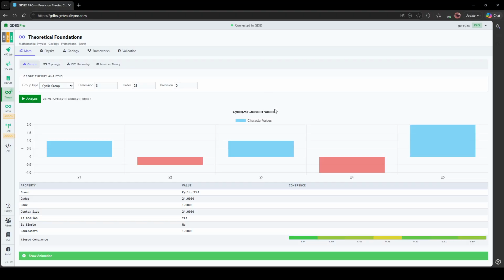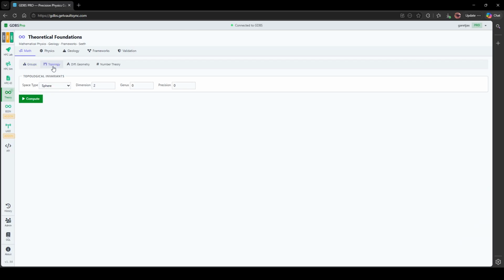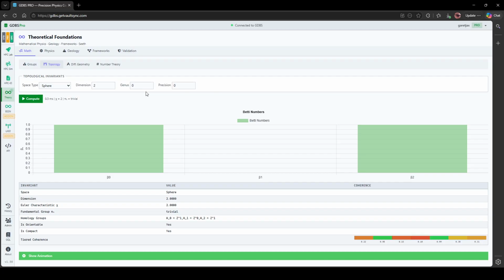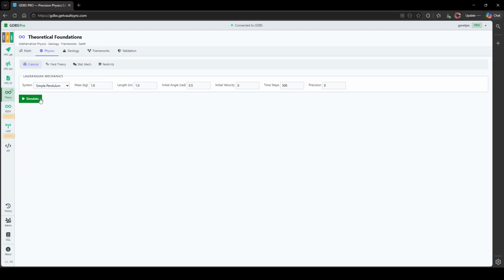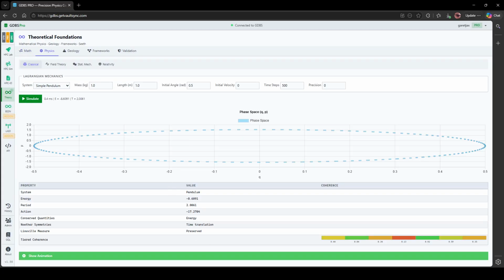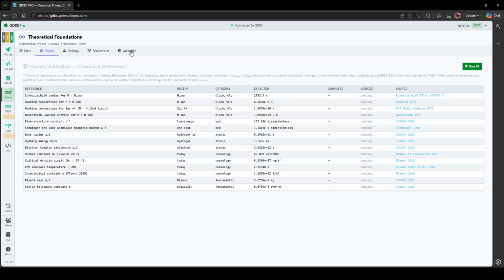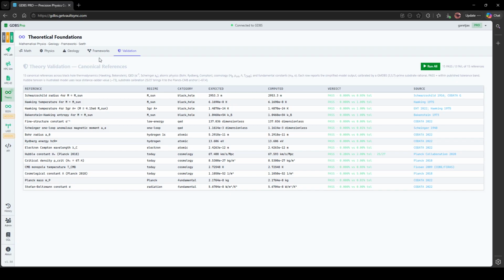The theory module is a really simplistic way of being able to run theoretical foundations, and beyond your 3-day trial, you'll still have access to the theoretical foundations, and you can get some direct demonstrations of exactly the things that we can do quite quickly with animations and details associated with specific simulations that can occur for whatever solution that you're running. So from math to physics, geology, frameworks, and validation, we can see specifically within our validation tab,